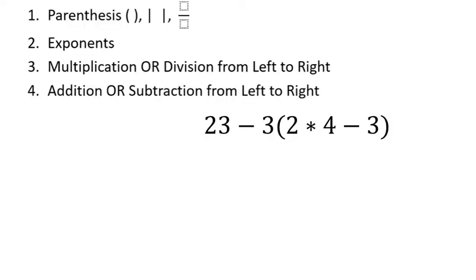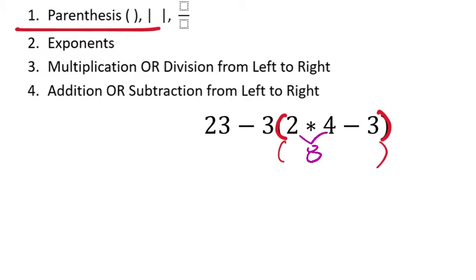So on this one, I would start with parentheses. Now we notice something about this set of parentheses here, that there's many different values on the inside of it. That's okay. Whenever you see a parentheses, you go inside the parentheses, and you pretty much start the order of operations again, okay? So inside this set of parentheses, I do not see another set of parentheses. I also do not see exponents, so that takes us directly to the multiplication of 2 times 4 right there. So 2 times 4 is 8,